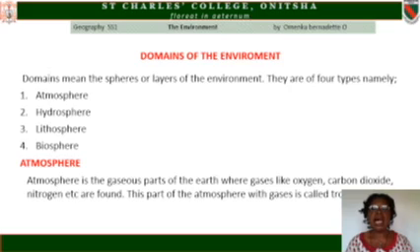1, the atmosphere. Atmosphere is the gaseous part of the earth, where gases like oxygen, carbon dioxide, nitrogen, and other gases are found. This part of the atmosphere with gases is called tropopause. Different gases are being found within this tropopause. Then we go to number 2,